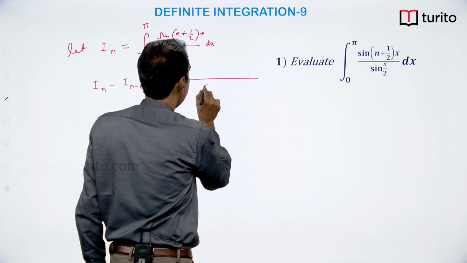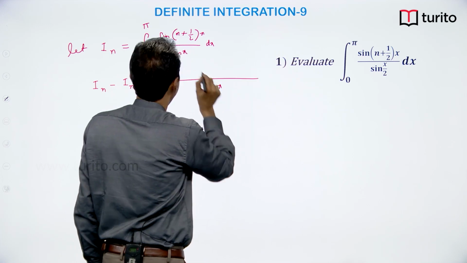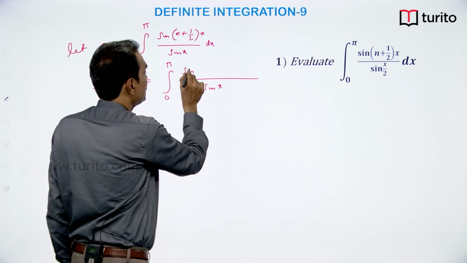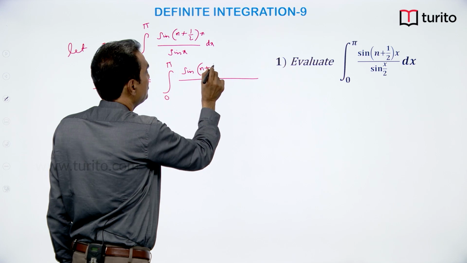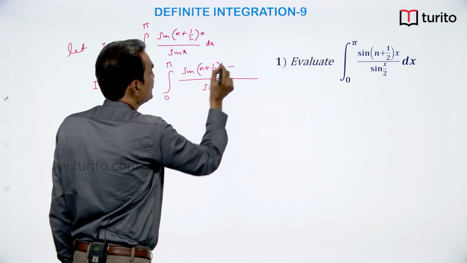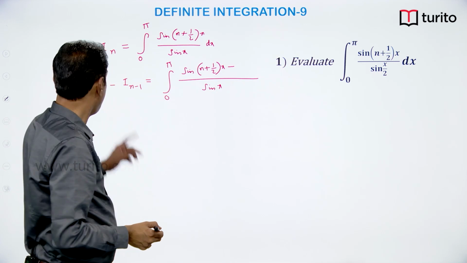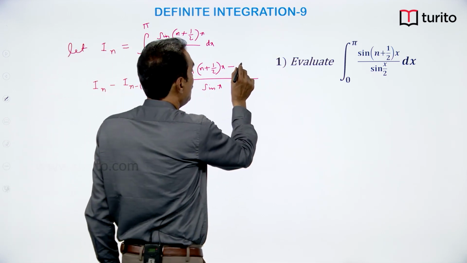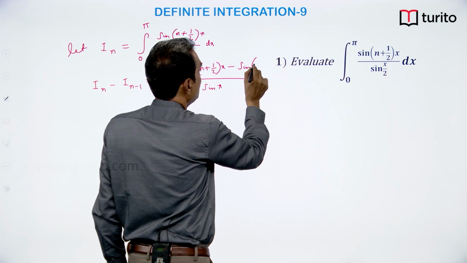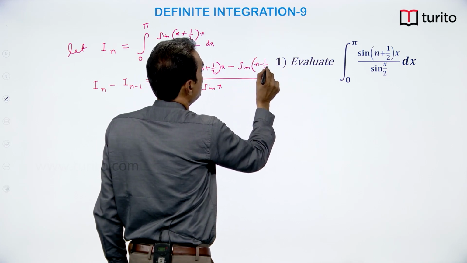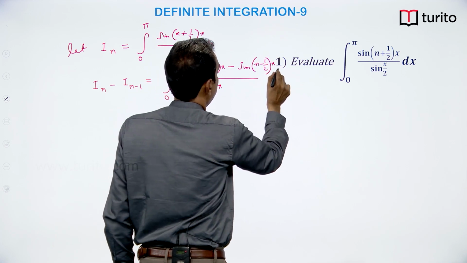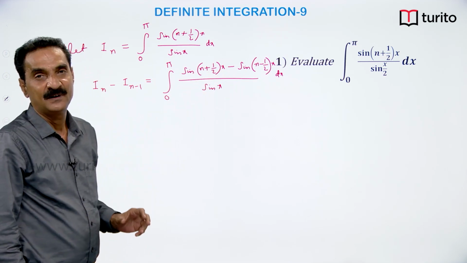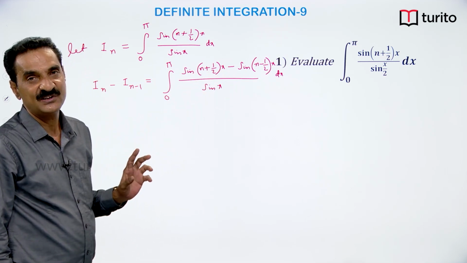So, I will write the common denominator sin x, and in In the numerator is sin of n plus half into x, minus In minus 1, replacing n by n minus 1, you will get sin of n minus half into x dx. Now, what is sin c minus sin d? 2 cos c plus d by 2 sin c minus d by 2,